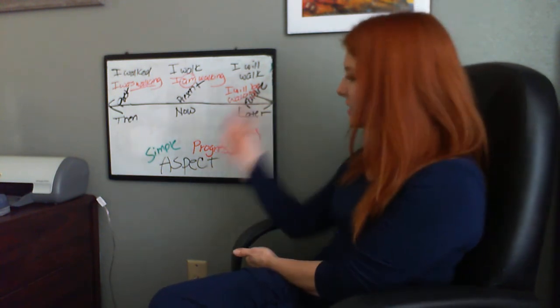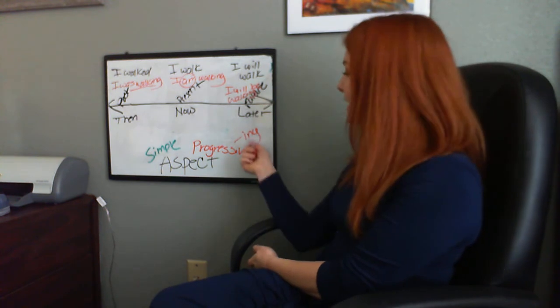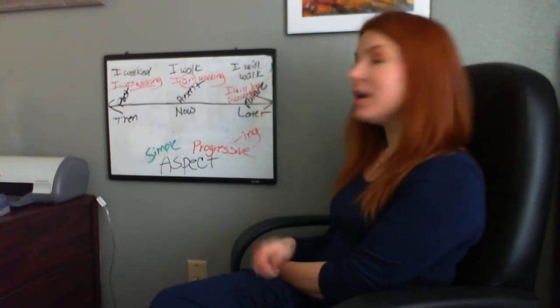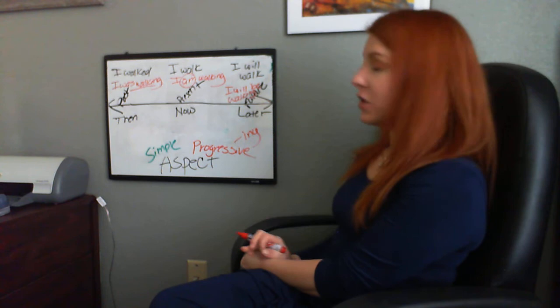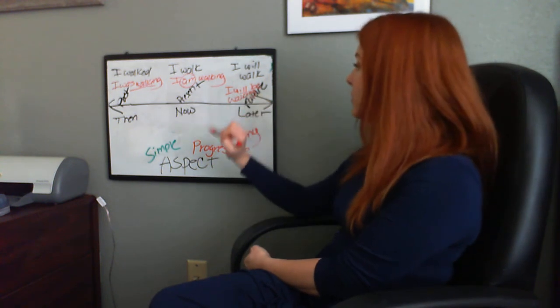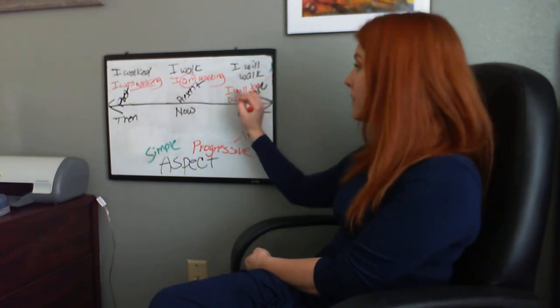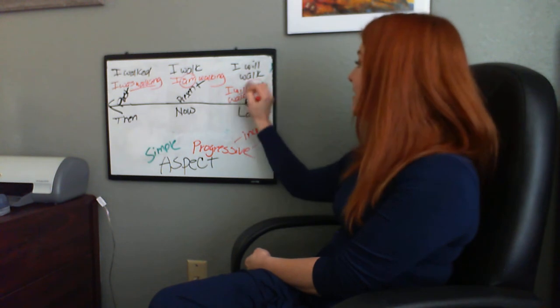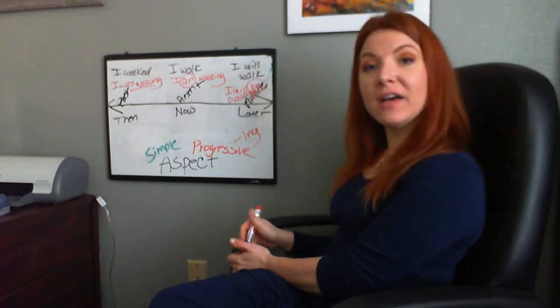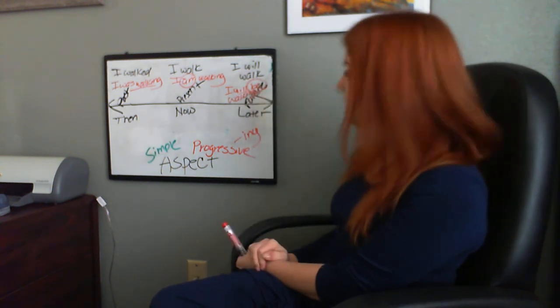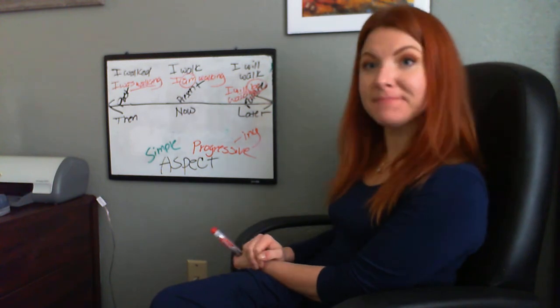So progressive is pretty simple, right? It's just really a lot of these INGs here and requiring a helping verb or two, right? This is one helping verb. It's a modal auxiliary verb, but we don't need to worry about those terms. And this here, of course, is our lovely and flexible to be verb, be. All right, now let's talk about perfect, my favorite tense.